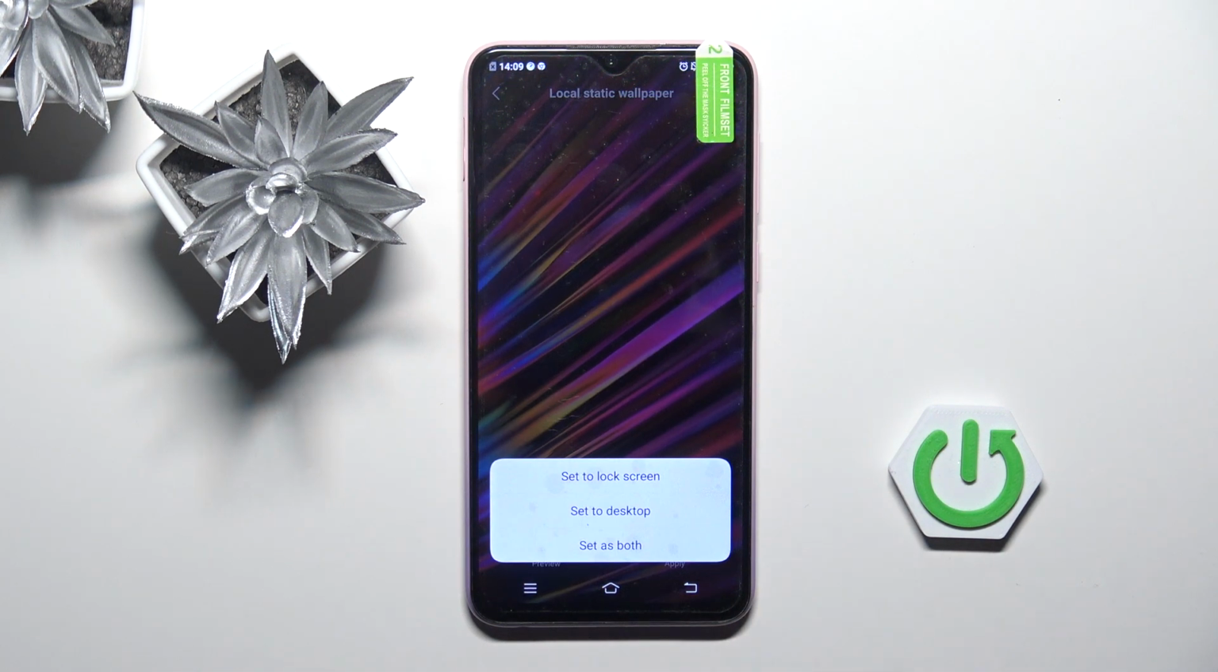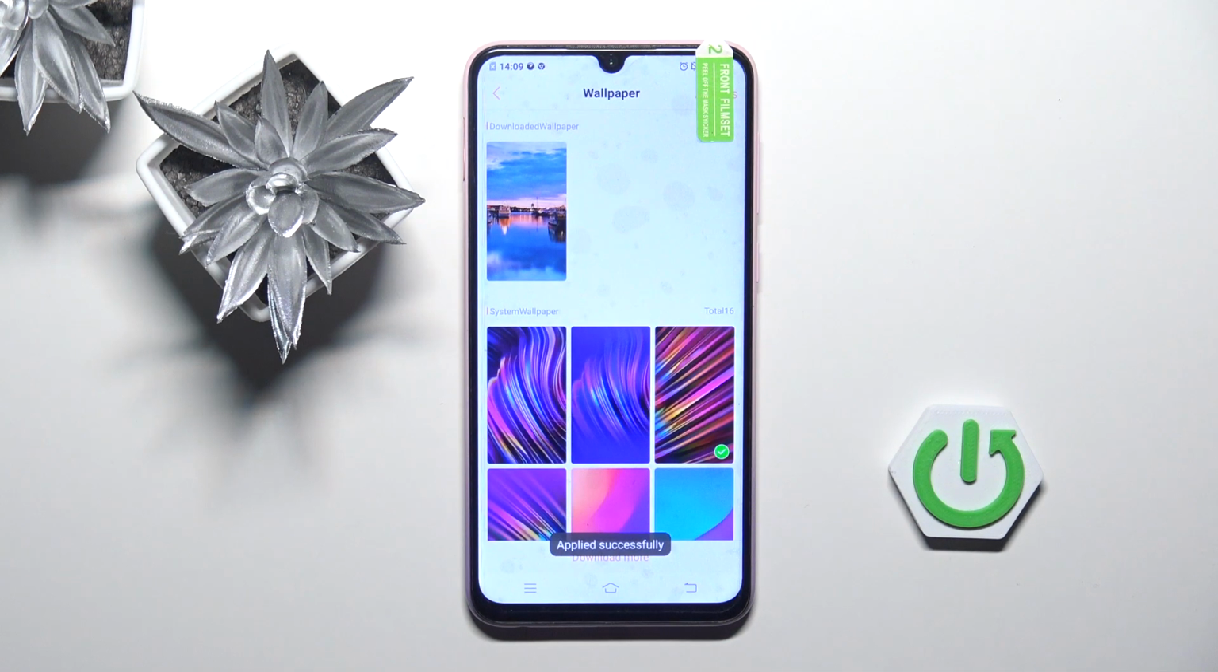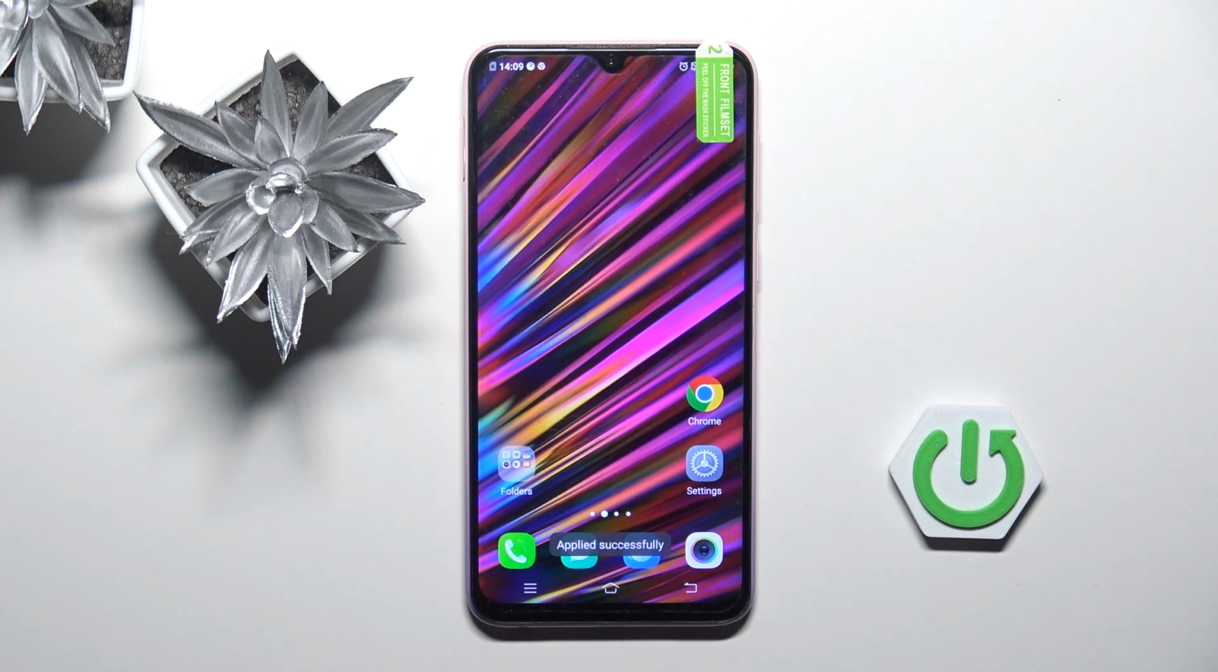and decide if it's for your lock screen only, just your home screen or both of them. And from now on this brand new wallpaper is covering both home